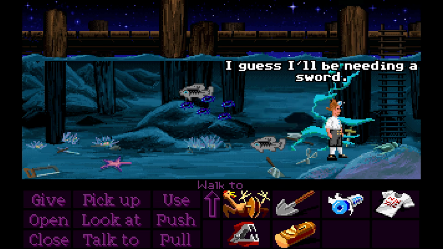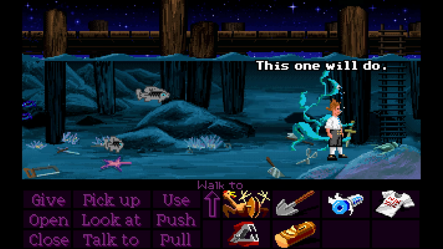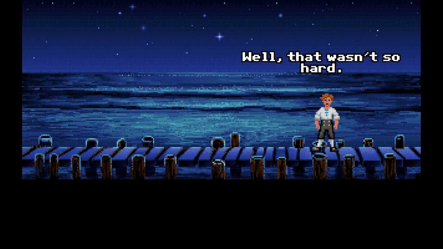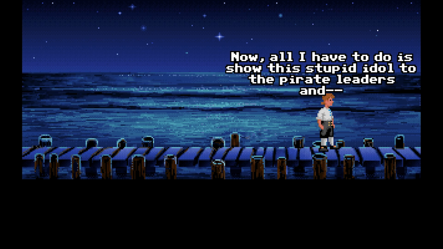I guess I'll be needing a sword. This one will do. Yeah, they've always got a sword here. I suppose you can not buy the sword and save yourself the money. All I have to do is show this stupid idol to the pirate leaders and...